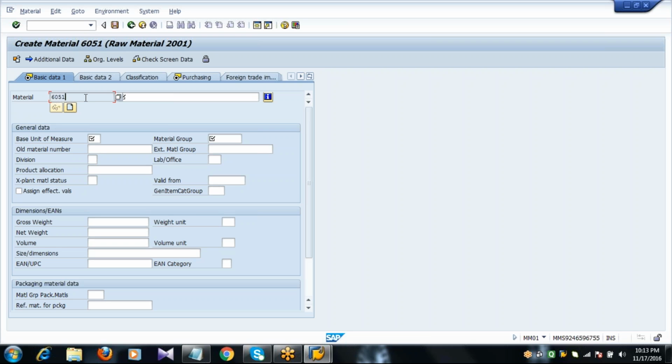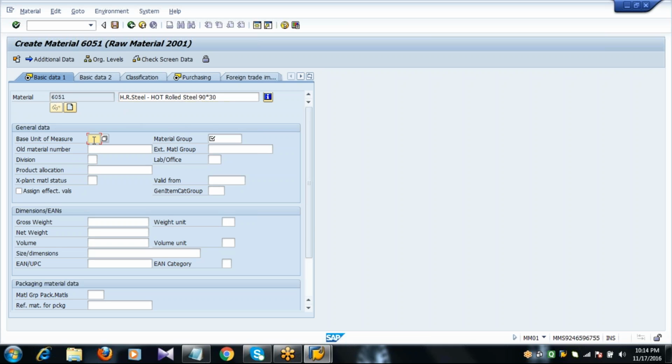In the industries, in the companies, the materials are maintained through numbers. We can call it a part number or a material code or a material number. It makes the same sense. So 6051 is a material code. Now what is that material? Is it a pen or a paper or a steel or aluminum? So here you enter the description of the material. For example, I'm entering HR steel, hot rolled steel, width and thickness 90 by 30. It's just an example, guys. Whatever description you want to maintain, you can maintain.